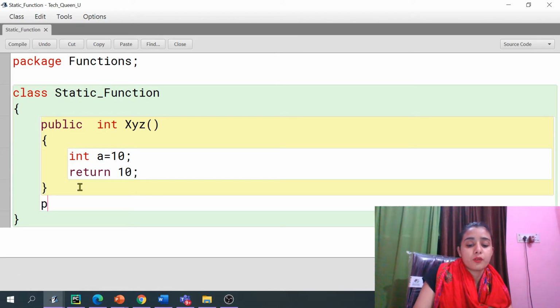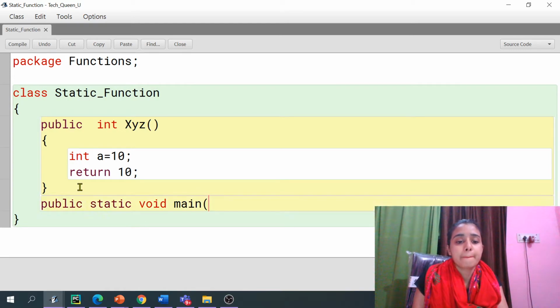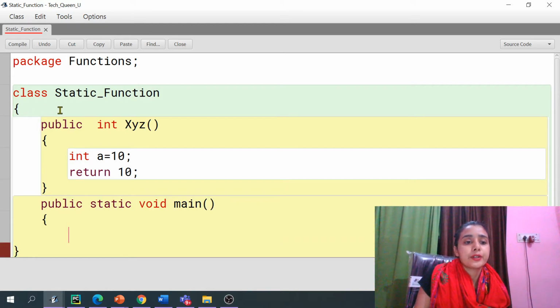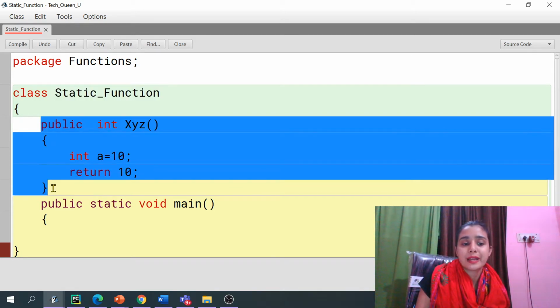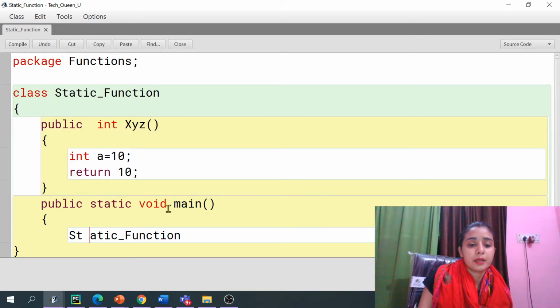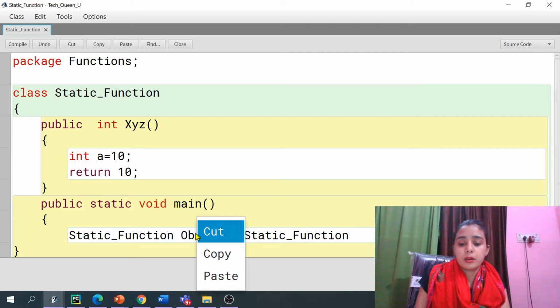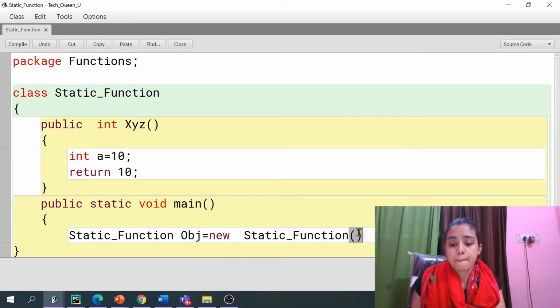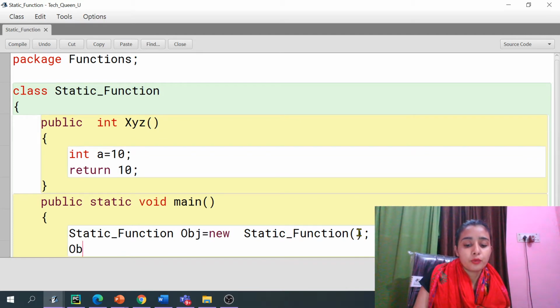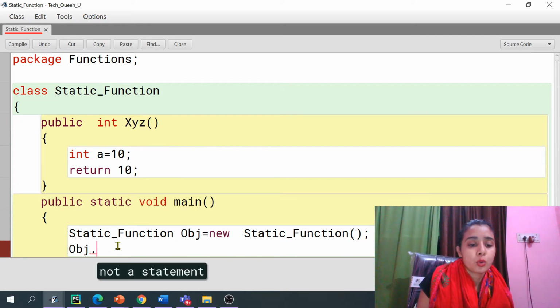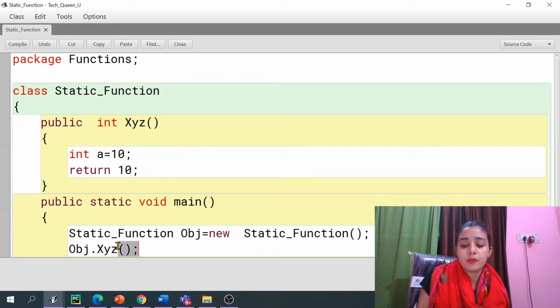Let's say I'm creating a function, public static void main. This is the name of my main method, and now I just need to create the object of this class, right? Because my method is not a static method. So your example will be clear through that also. Obj, you can give any name here, right? Now with the help of obj, I'm calling the function. Which function? Its name is xyz, right? I'm calling the function, and I'm not sending any value.